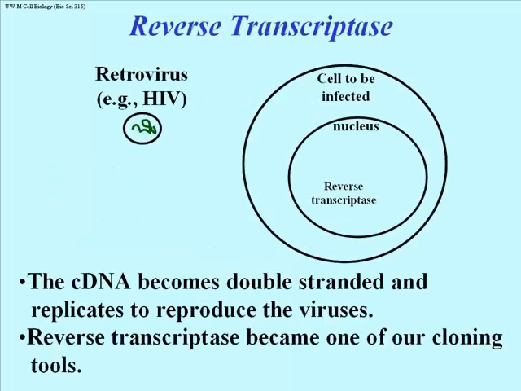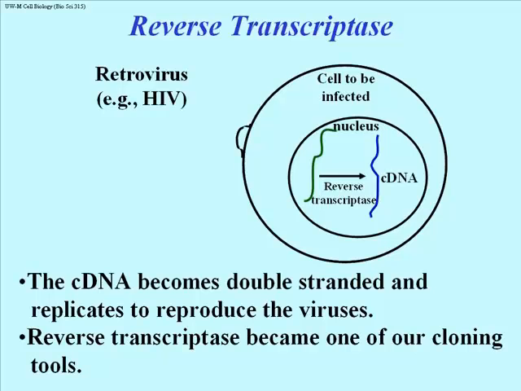One of them is reverse transcriptase. There are retroviruses whose genomes are actually RNA, not DNA. These viruses infect eukaryotic cells in this manner. They fuse their membranes with the cell. Their RNA genome enters the cell and then eventually enters the nucleus, where an enzyme, reverse transcriptase, reverse transcribes a